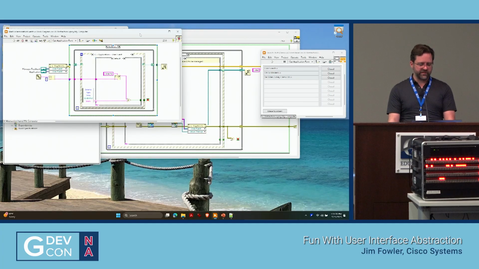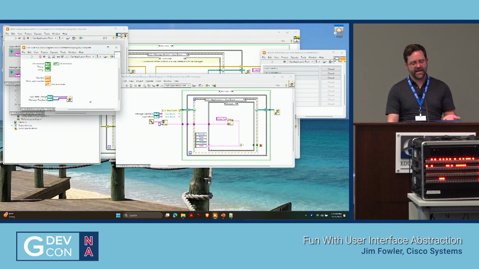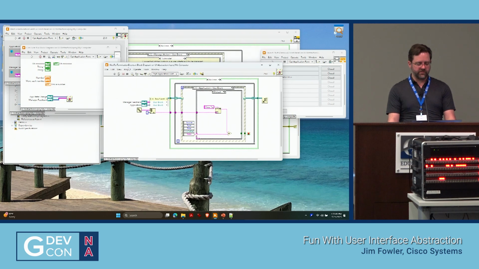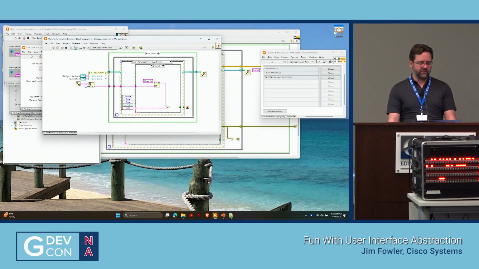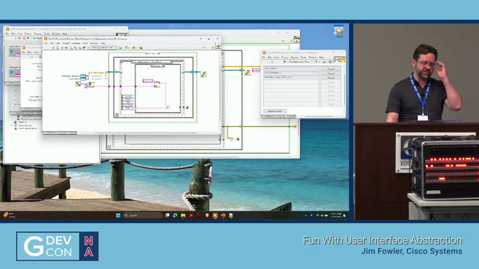So the only real sub-VI that I have is to keep this VI running. That's one of the caveats: you have to have the user interface running, which means you have to be able to stop it. So to keep it running, I just have a simple sub-VI that has an event structure, and it receives an event from the application. If the application says close that VI, it knows to react, and it closes itself.